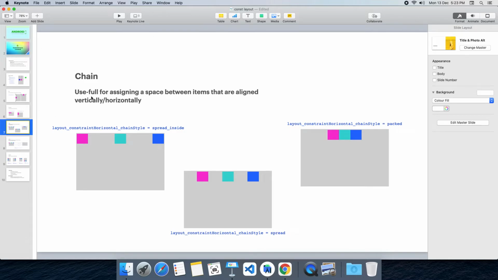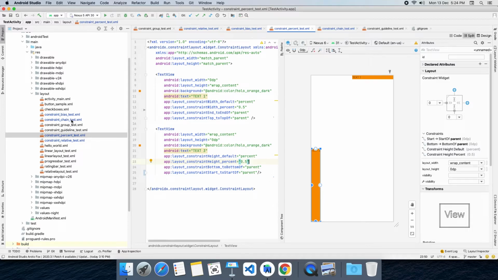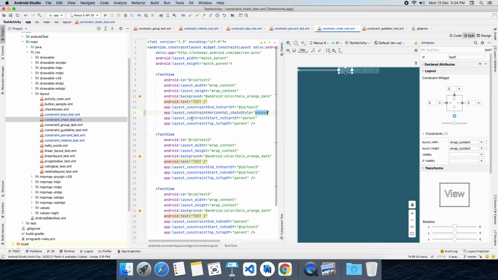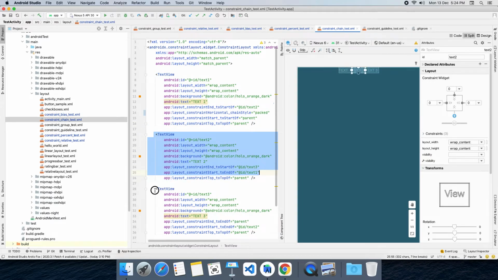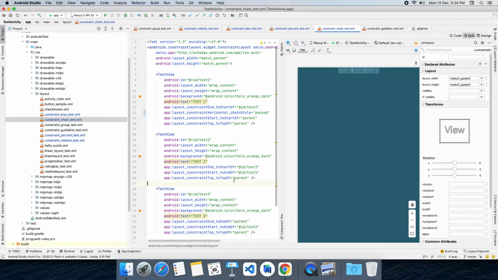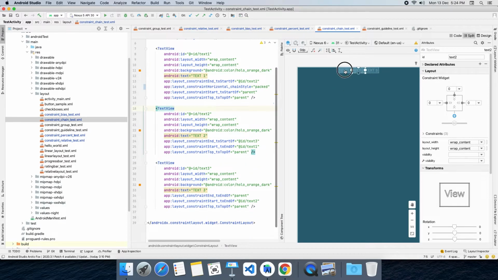So we have discussed it, useful for aligning space in between or around space, and we are aligning a view horizontally or vertically. For that we also have one sample in this view, right? Consider we have created 3 text views, text view 1, 2, 3. The important property when it comes to chaining is that all other views are referenced to other views.